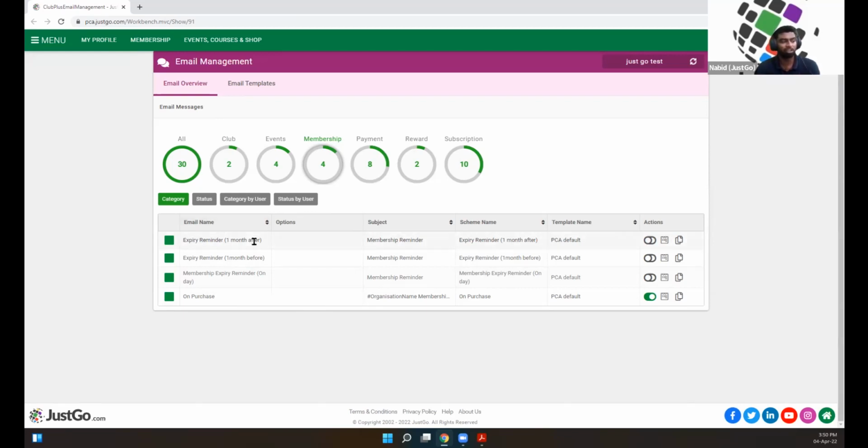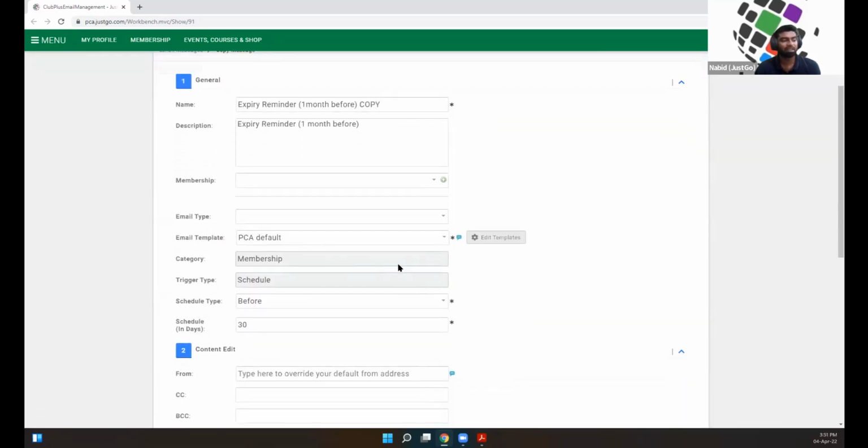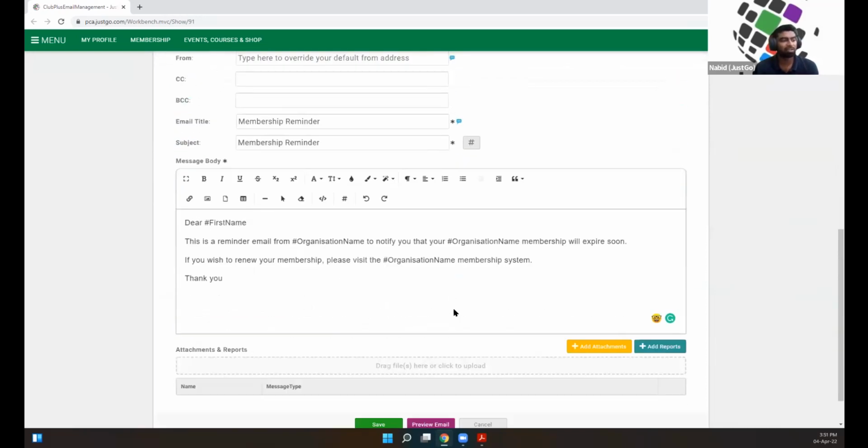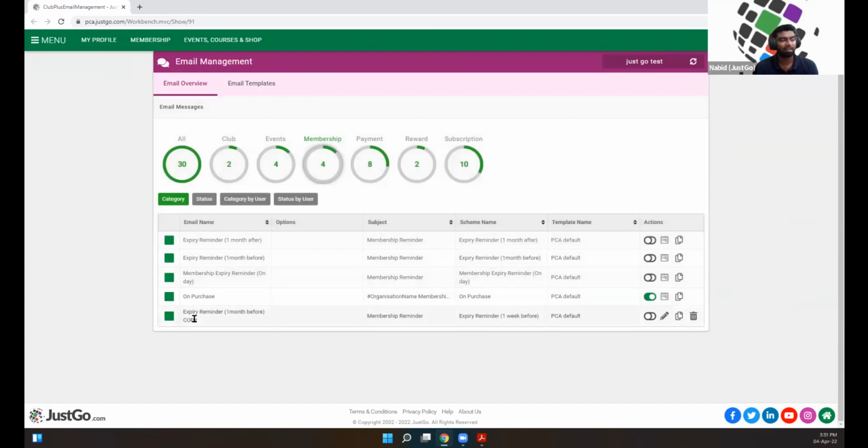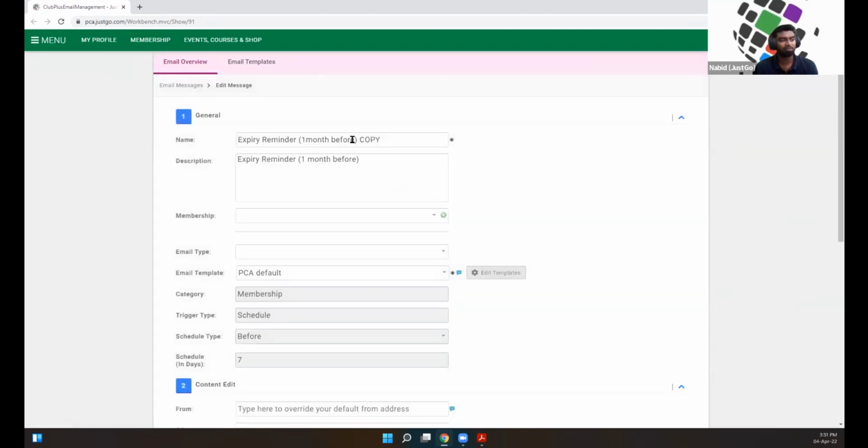You can also adjust it. For example, on this one, it says 1 month before. You can actually copy it and say, no, I don't want to send it 30 days before. I want to send it only 7 days before. And if you change it here, if everything is satisfactory, you can save it. And then a new email will come up here. It would be best if you change the name as well. So maybe